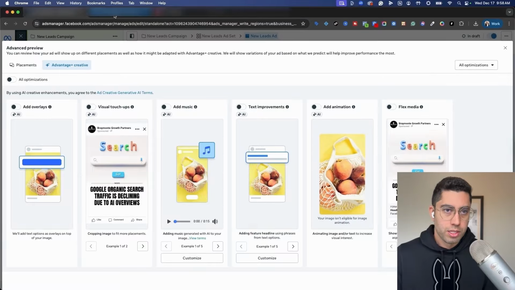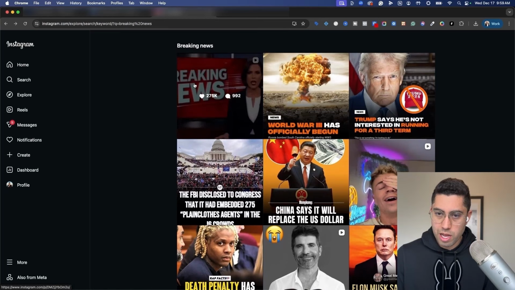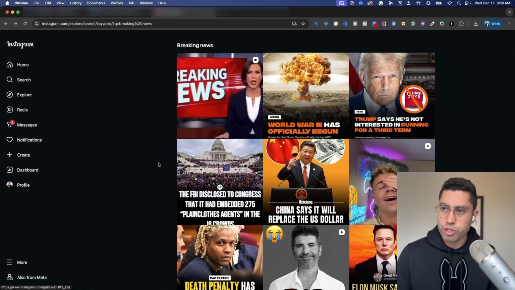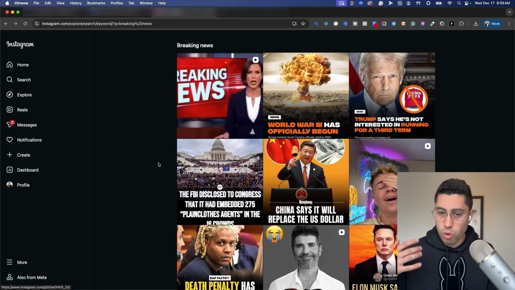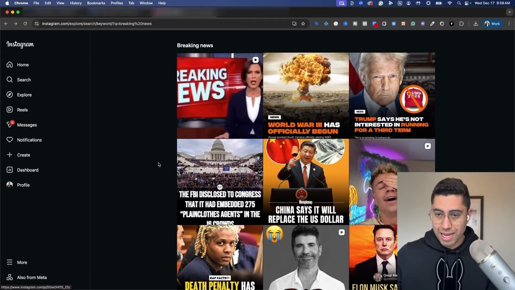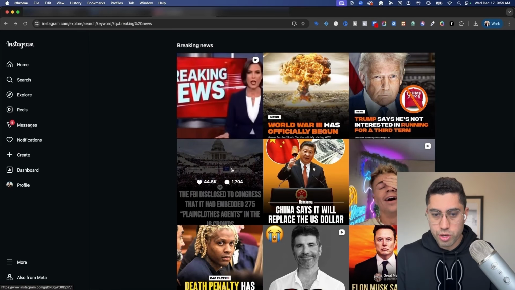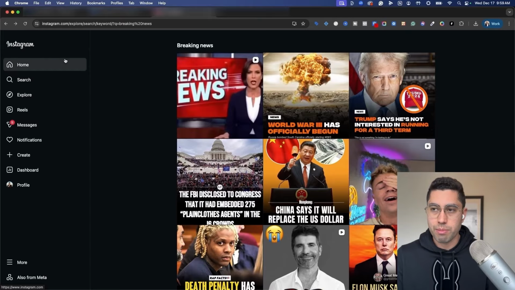Cool. So long story short, that's how you were able to get endless amounts of still images that really leverage this breaking news format. And ultimately, the copywriting has now moved into the actual image itself. So really great way to feed up your headlines right in that image and get them very easy to digest.